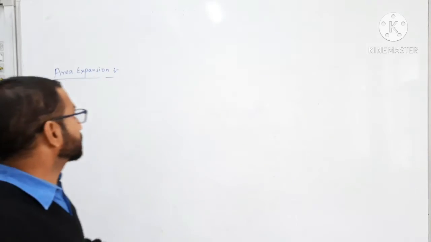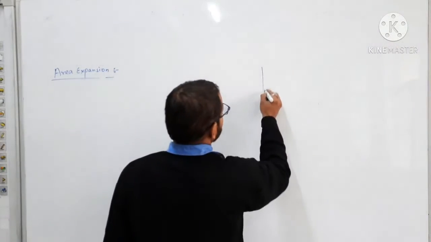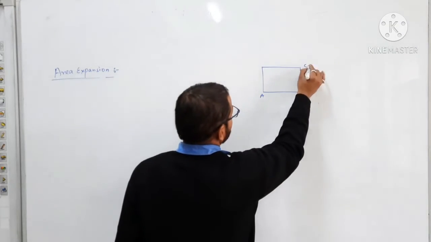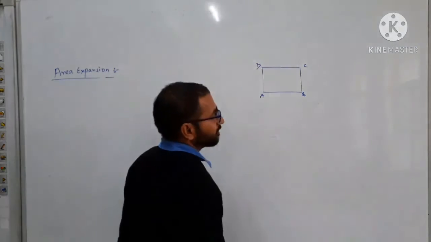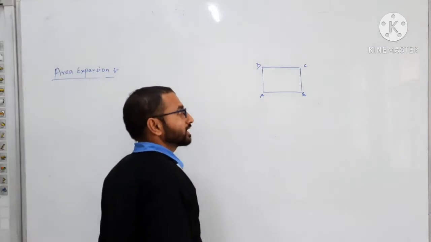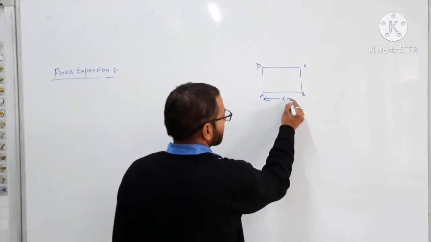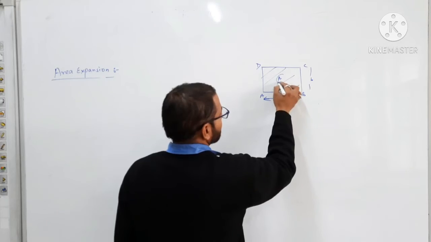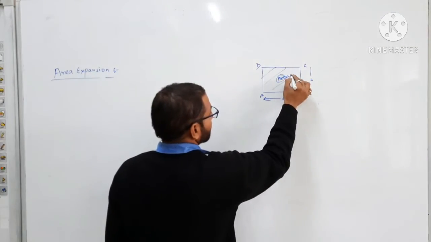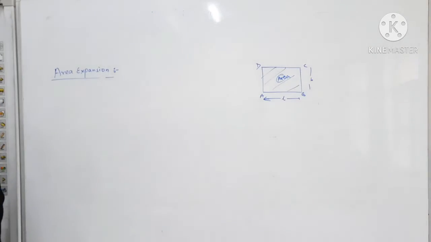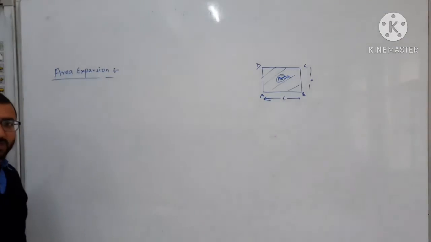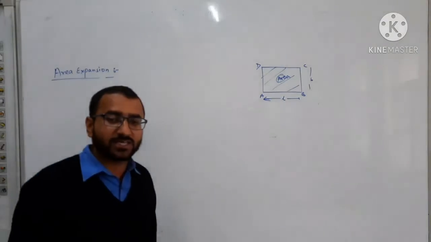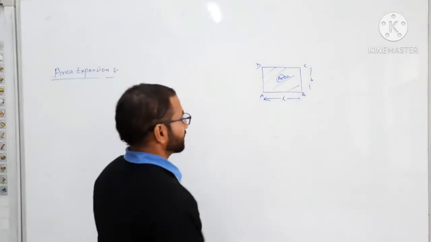When we discussed the one-dimension mode, we discussed linear expansion. Here we are talking about the two-dimension mode, in which I have a square or rectangular shape of object which has some length and some breadth, and this is the area of that object. Everything remains the same as previously, but the coefficient of thermal expansion will change, because here we are talking about area expansion, so we will use the other coefficient, which is called